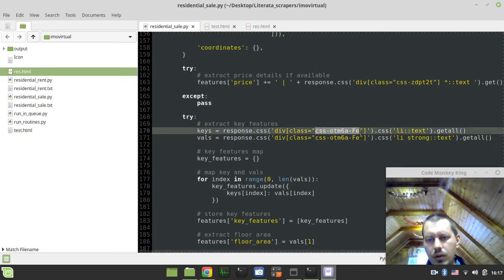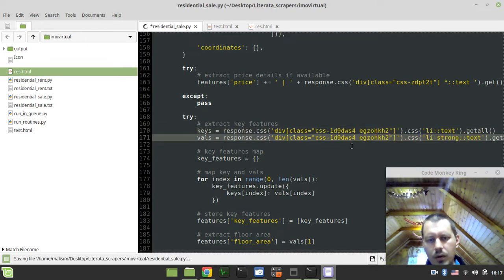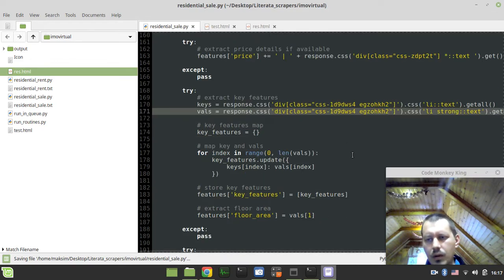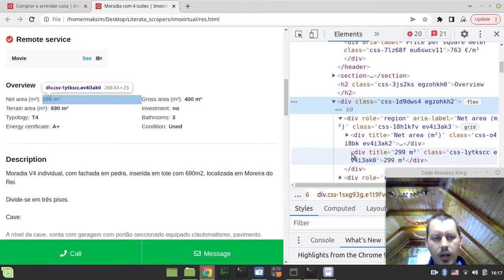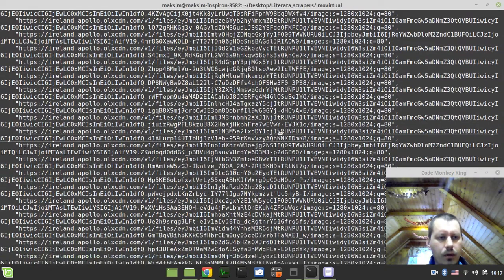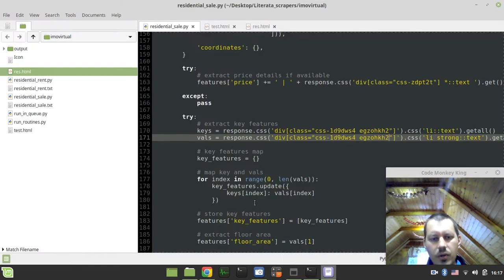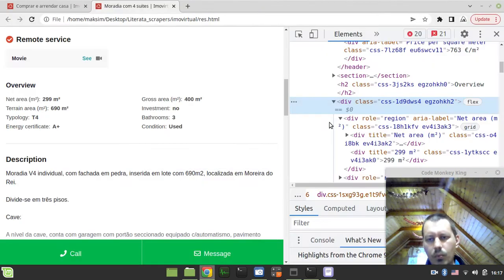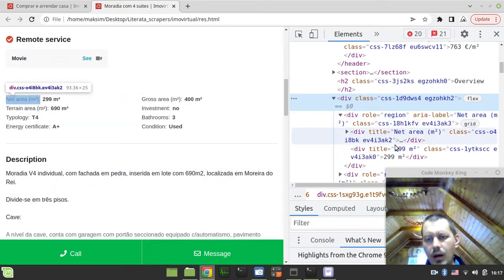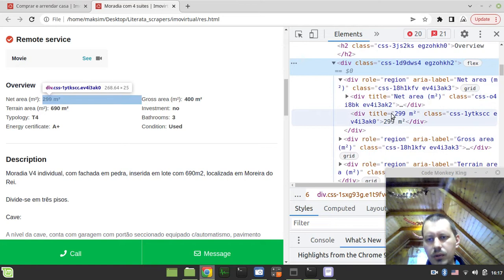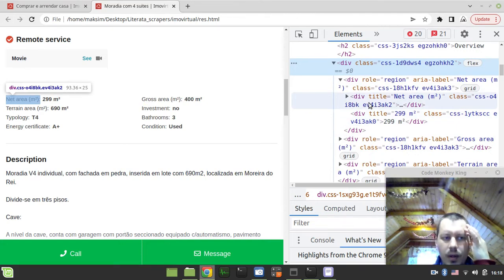If I just change, will my logic work after? Not sure. Let's have a look. Nope. Key features didn't. Okay, in this case, so just drop back for a while, and then oh, there is no list items, those are just the divs. Okay, those are just, yes, I should rewrite this.